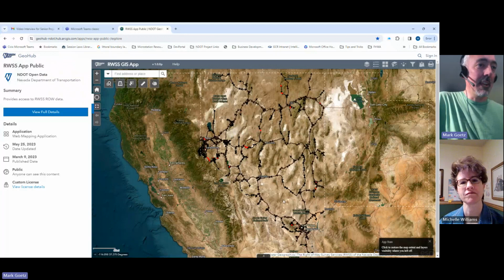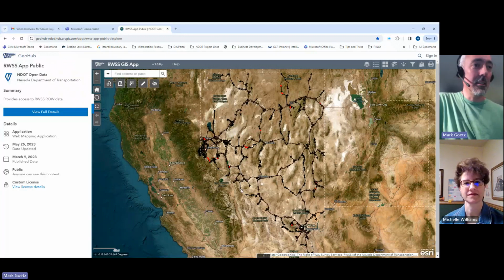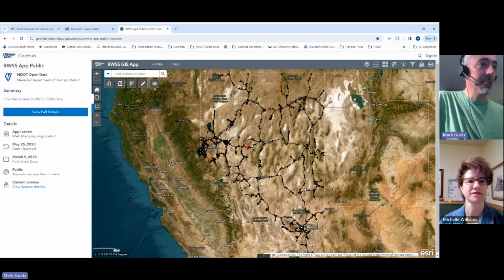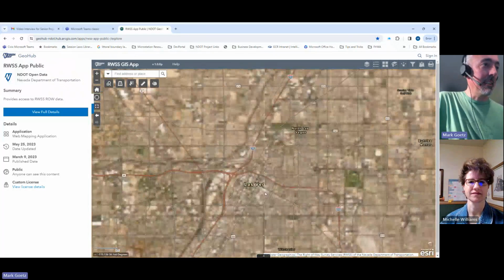When you get into the application, you're looking at the whole state, and Nevada's quite large. So the right-of-way features are initially displayed as just line symbols representing what they call control sections, or just how they organize their content. Diving into the data itself,